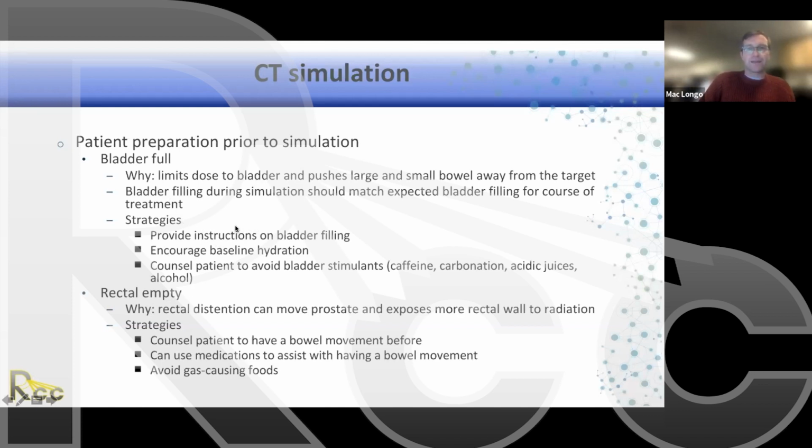It's impacted by patients' baseline hydration, their activity level, the amount of salt that they have consumed. So it's really a combination of amount and timing of bladder filling and the patient's actual feel. And you want to sim them with a bladder that you think you are likely to be able to reproduce